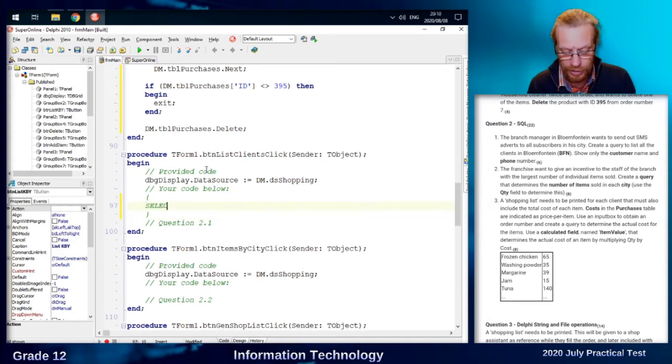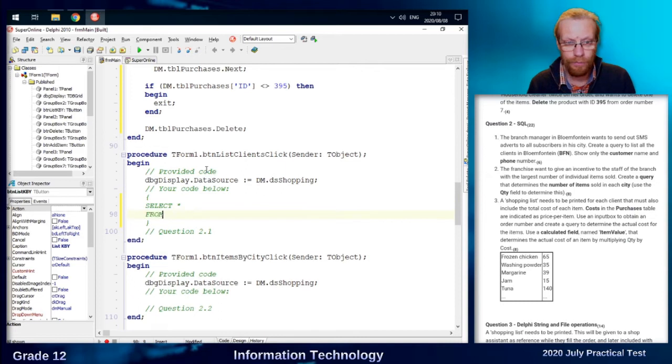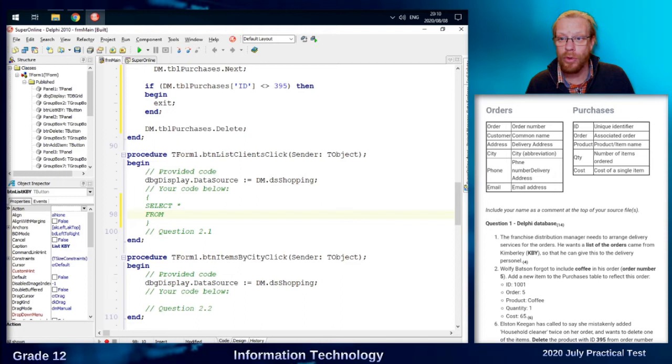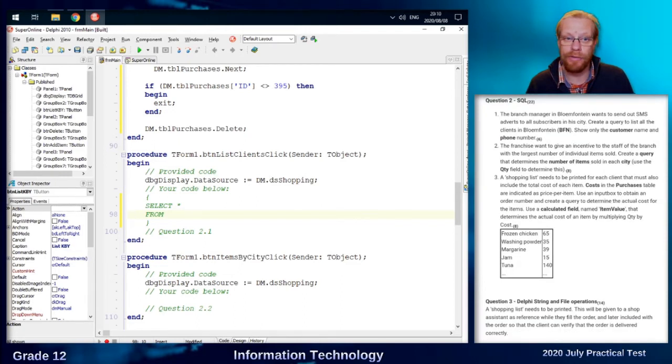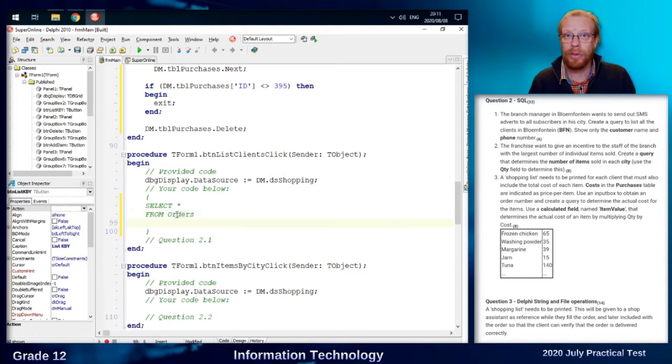So select everything from, and just this is the orders table, which includes the city information. We're going to list everyone from Bloemfontein. So from orders, because we want the city Bloemfontein, there's a where clause, city equals